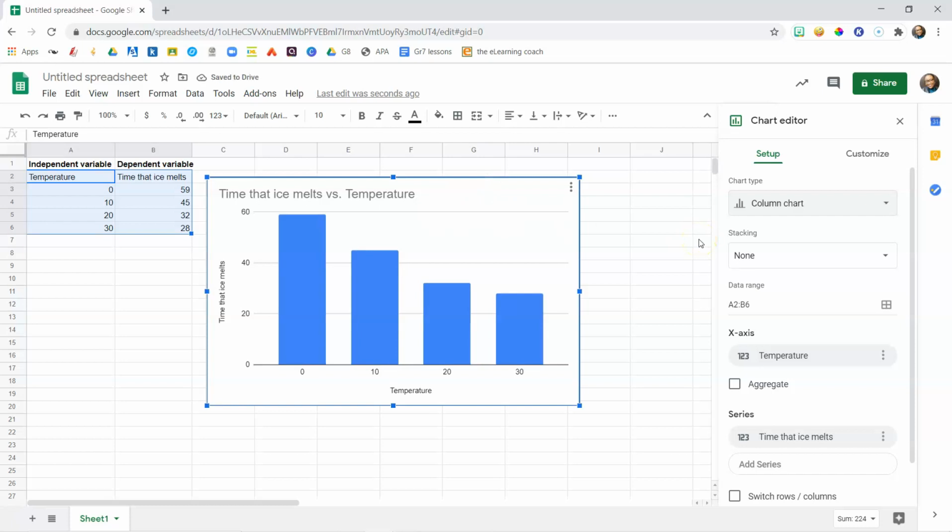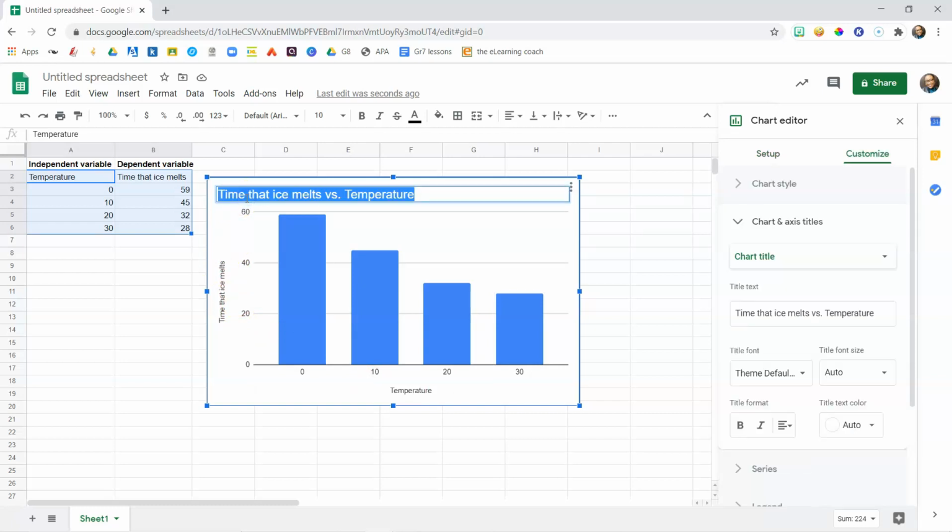And this is now simply how we can make our bar chart, and you will see it has the independent variable on the x-axis and the dependent variable on the y-axis. And then you will need to change your title. So how does temperature affect the time that ice melts? So this can be my title, but it should really be